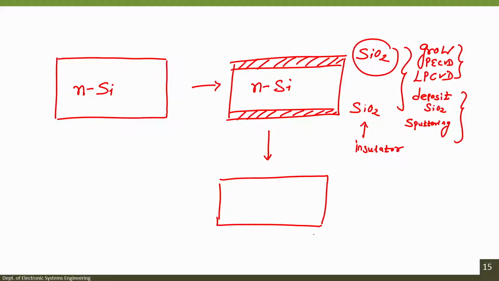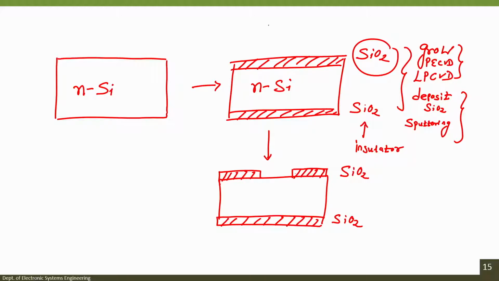For creating a P junction inside the N type silicon wafer, I have to create a window. Why is this window required?